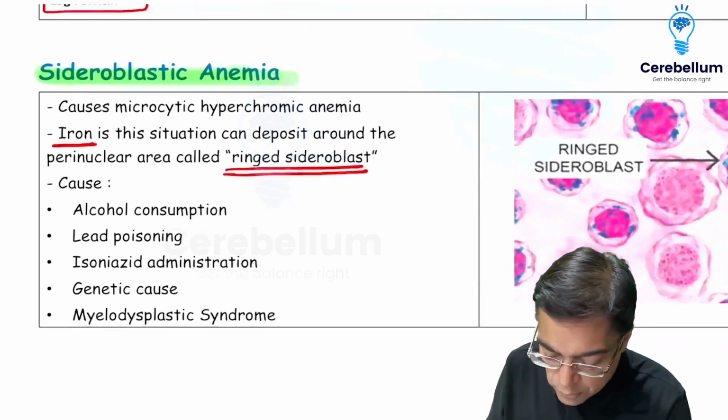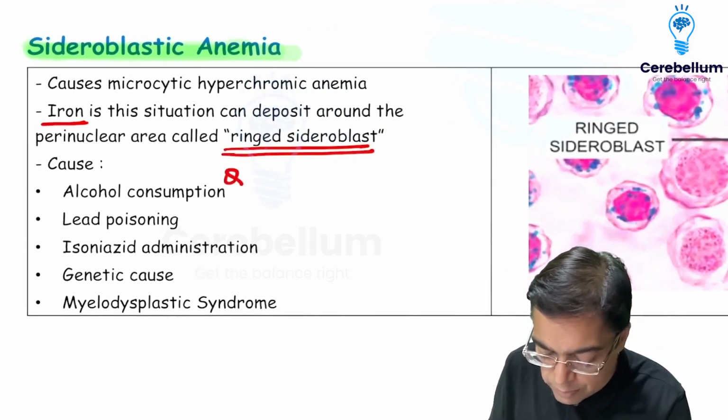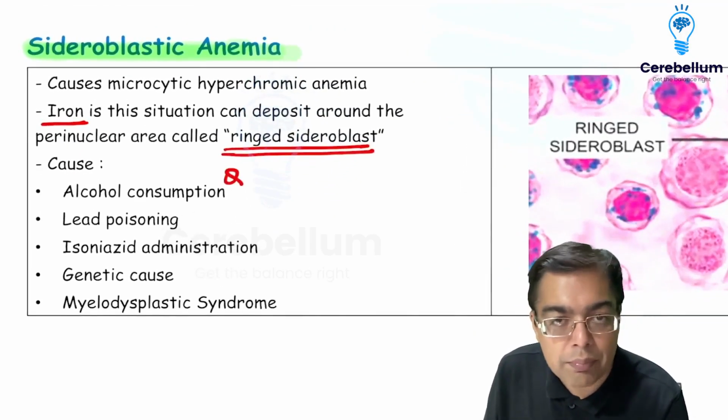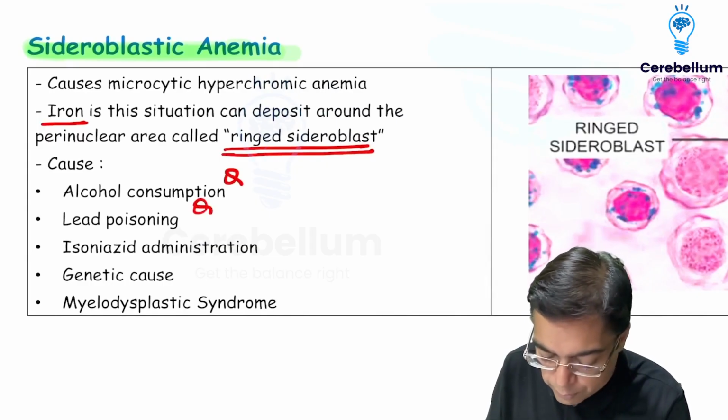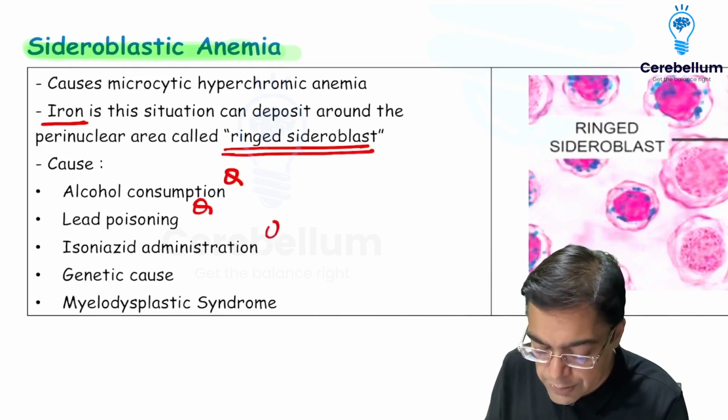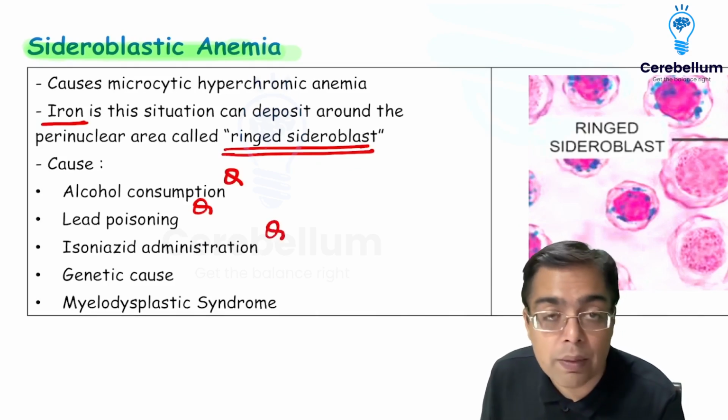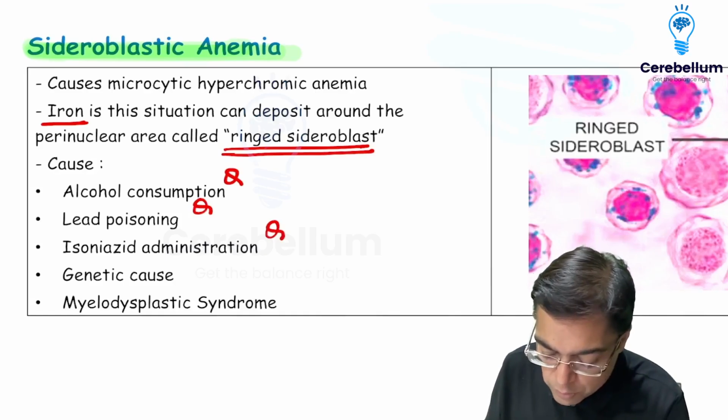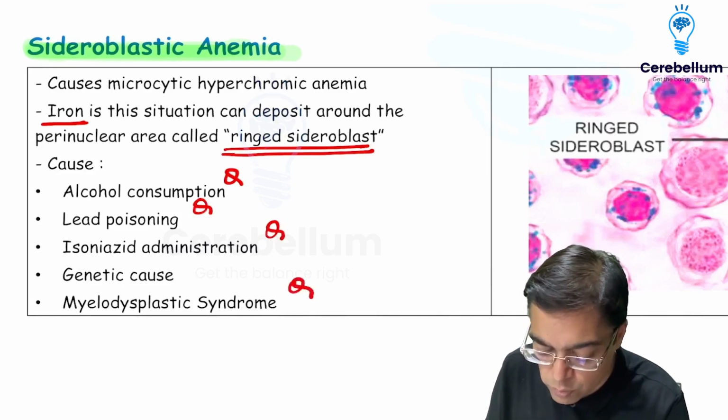The causes of sideroblastic anemia are important. One important cause can be alcohol consumption. Another can be because of a heavy metal like lead poisoning. A third can be the patient is on anti-tubercular therapy, pretty relevant in our country. So patient is going to be having this because of isoniazid side effect. He could be having it because of the presence of a myelodysplastic syndrome, or he could be having it because